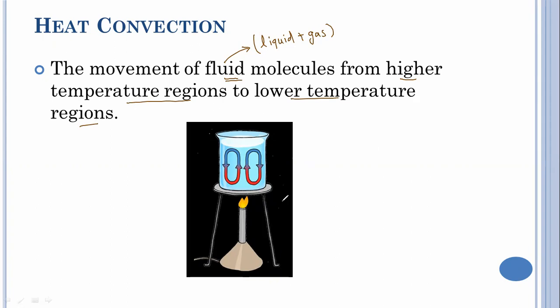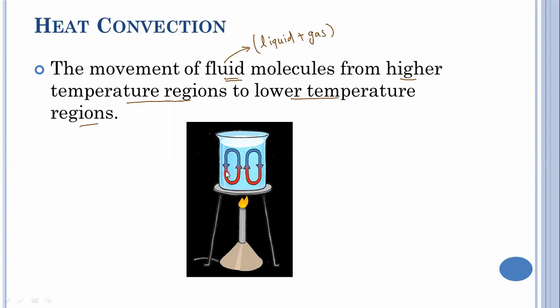Very simple. So for example, let's say this is a bowl or a beaker in which water is there, and let's say you are heating this beaker. Then the water which is nearer to the flame is going to heat up. Now when water is heated, it becomes light, its density decreases. So the lighter water molecules start moving in the upward direction, while the denser molecules which are there at the upper part start flowing towards the lower region.